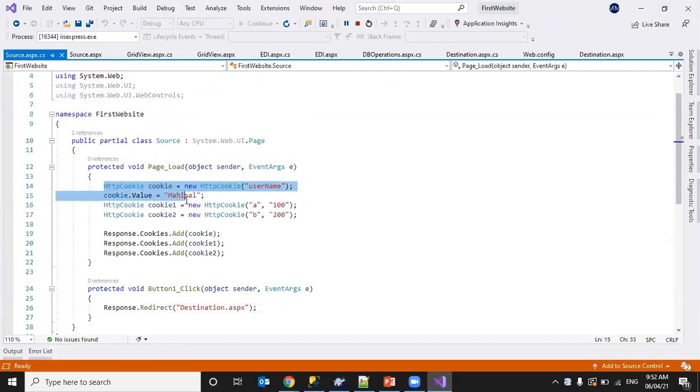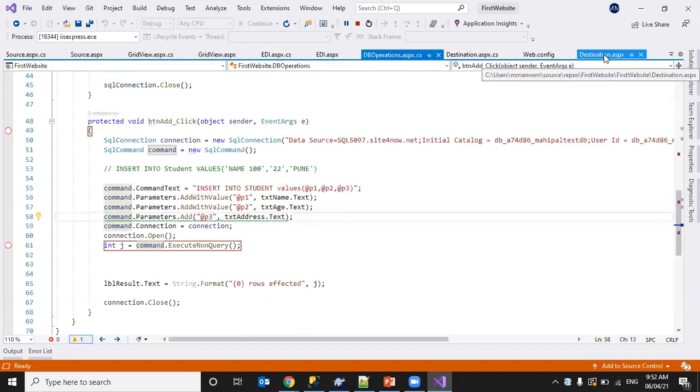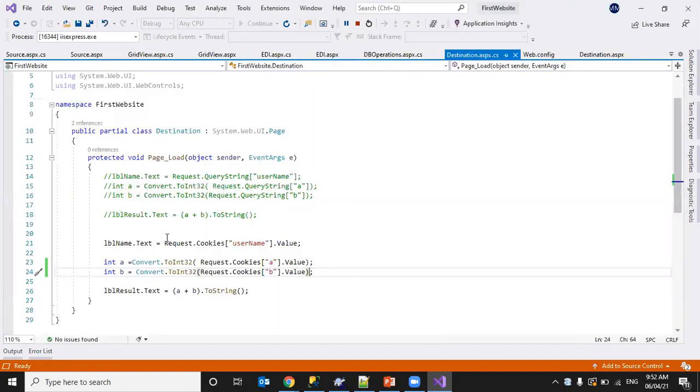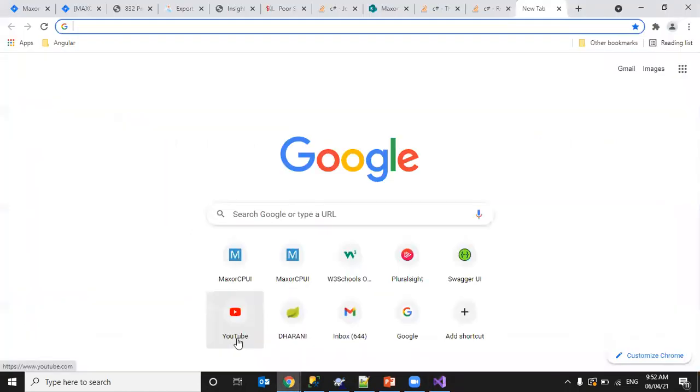In page load, I set these cookies and added them to the cookies collection, and when redirecting, those cookies will be transferred. We'll see whether we are able to access them in the destination page.